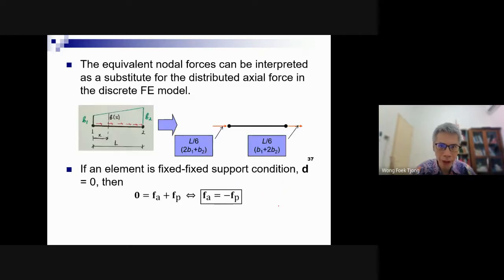So now let's talk about interpretation. What's the physical meaning? Let's say I have an axially distributed force. Actually, I should write here not B, but P. B is my notation I used in the past, but now I use P instead. Of course, this is also P, right? But in the past I used B. Sorry.